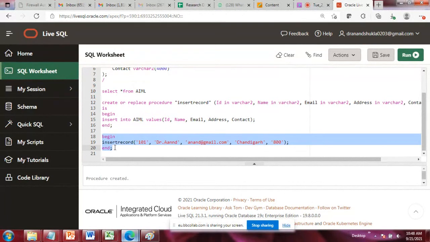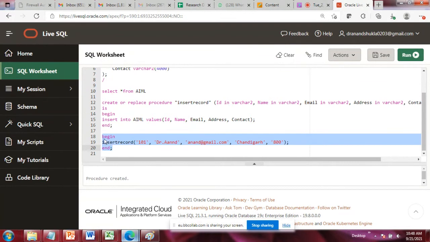Now see these three lines. You can't predict what the name of the table is, or what the name of the database is. So this is the benefit of the procedure. You just have to concentrate on these three lines. You cannot find the name of the table or the database here. This is the advantage of the procedure. Once you have written it, every time you have to call only this procedure. No need to write the SQL query again and again.